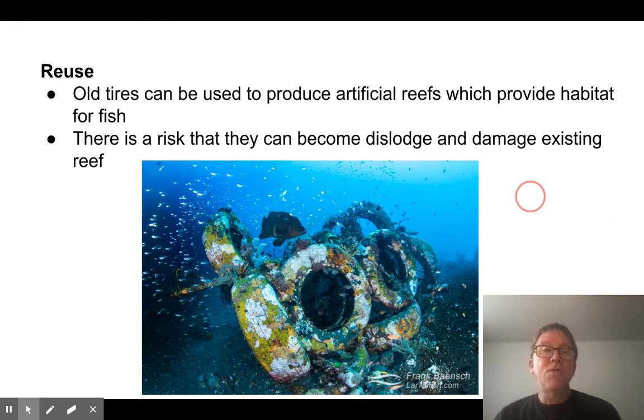A lot of fish, juvenile fish in particular, like to have some sort of shelter. And people find that over the last 100 years, a lot of reefs have been damaged. So they make artificial reefs by tying a bunch of tires together with cables and then sinking them. And it definitely works. One thing though is there have been cases where the cable holding the tire reef together breaks, and now you have these tires rolling all over the place, bumping into good coral and breaking it. Like everything in environmental science, there are pluses and minuses, but it is an interesting way of dealing with it,